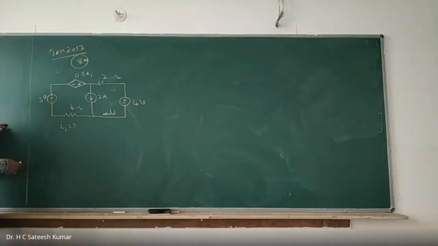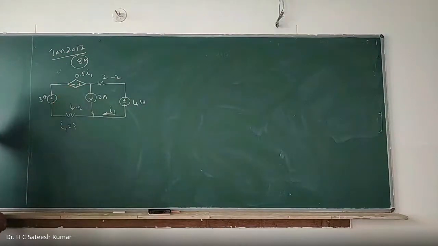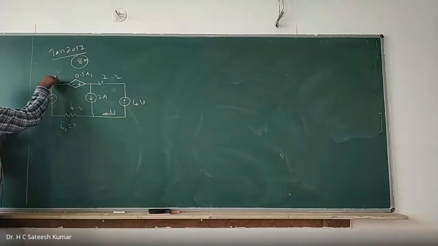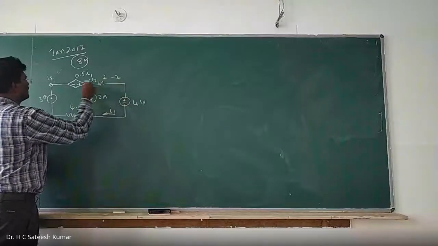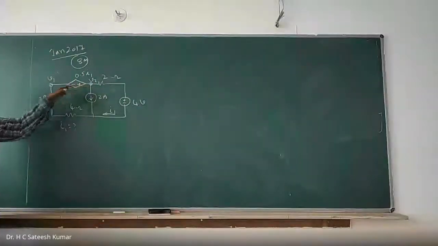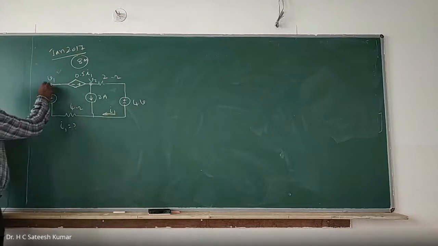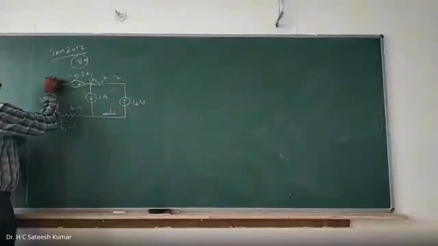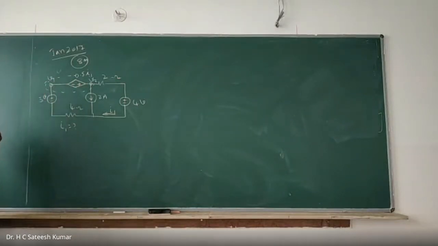Since we need to find this one, here one voltage dependent source is there. You can make one more node, no problem. This you can make as V1. This you make as V2. This is not required here. Here 2 voltage sources are there, that's why I have taken like this. Or you can directly combine this and this, we can add it because this is also a voltage source, 2 voltage sources in series. If there is confusion, then you leave it and make a super node. This is a super node because there is a voltage source between 2 principal nodes.